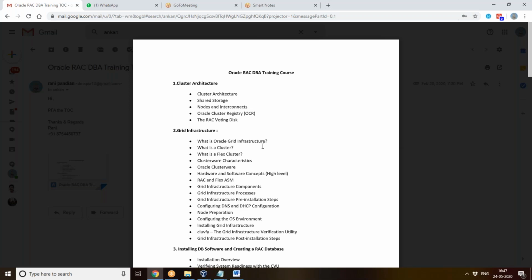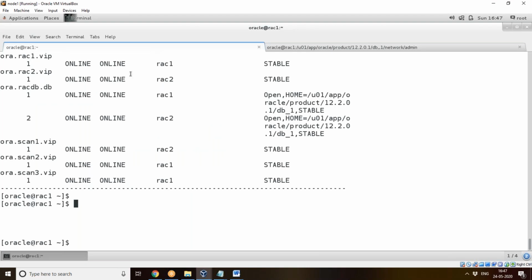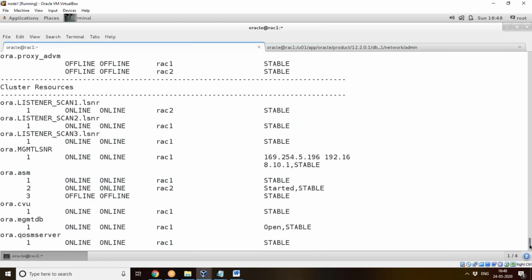So at that time, the clusterware, the whole software, will monitor all the services. Like what are all the services we saw just now? Those services, it will be checking whether the scan listener is up, your database is up, your VIP. Node 1 is assigned the proper VIP, node 2 is assigned the proper VIP. Like this, the whole clusterware checks whether all the resources are intact or not. Fine. So this is the clusterware.